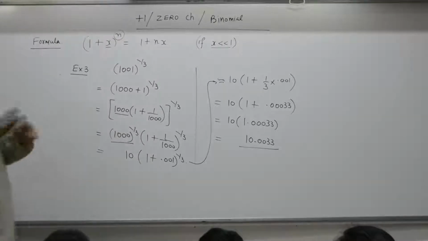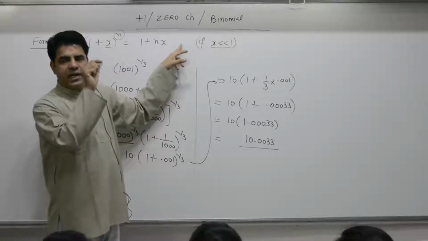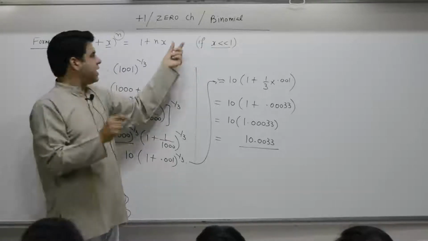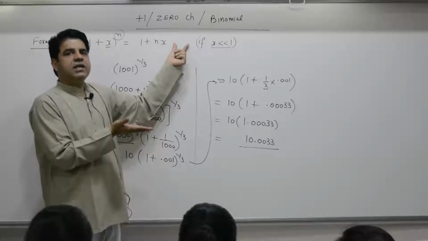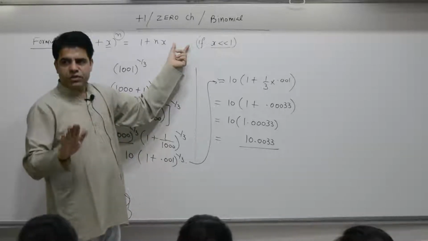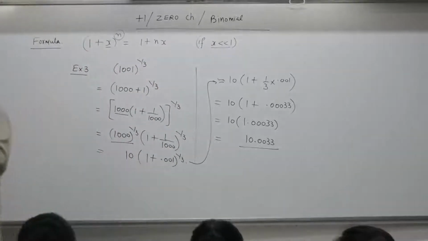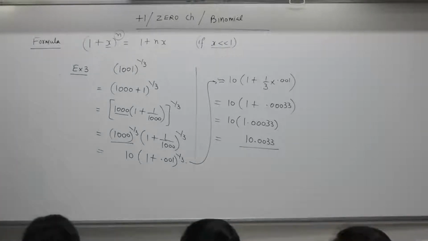That will take it to the next level of accuracy. One more step, plus n bracket n minus 1 x square by 2. If I write that expression, the accuracy level will increase, but nowhere do I need the next one. Non-medical students need it, so it will be covered in mathematics class. Even for IIT, my answer is 1 plus x power n is equal to 1 plus nx. This accuracy is acceptable to us. Book बंद कर दो.